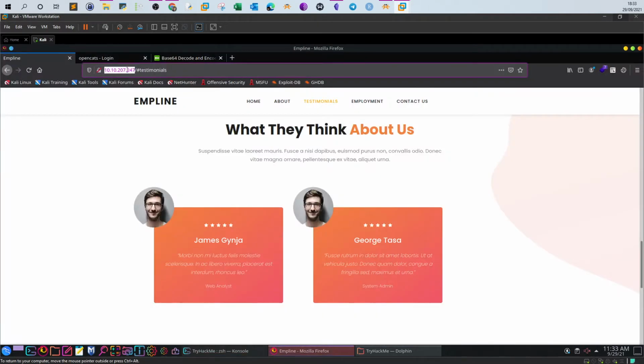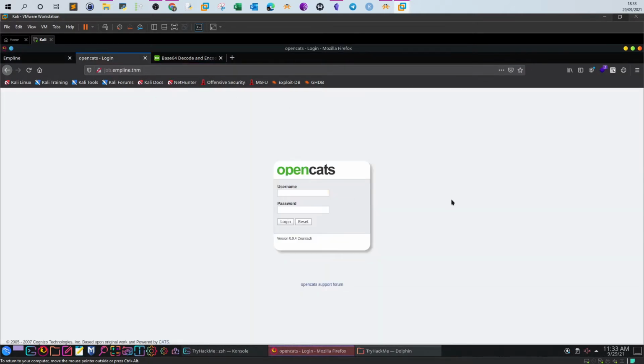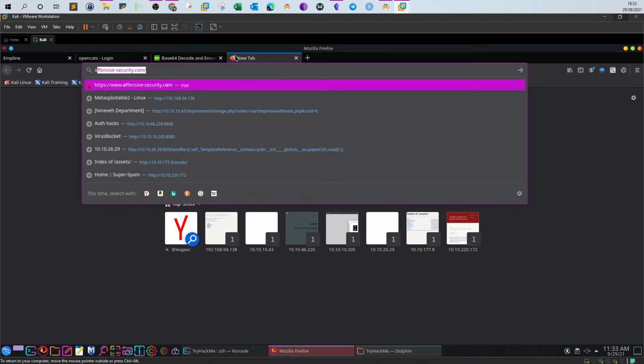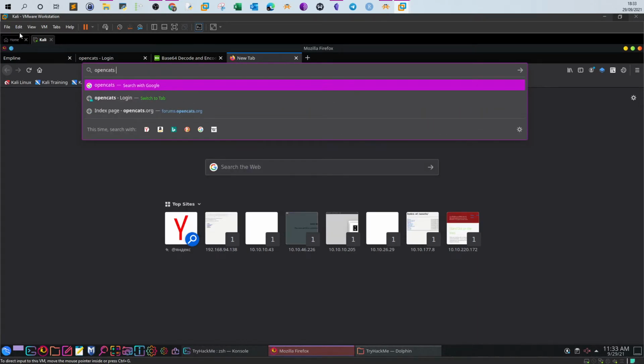Now if you go back and try to access that page, you see a login form. And we have the name of the software, OpenCATS, and the version of that software, 0.9.4. So when we know what software is being used, and we know the version, we can find out if there is an active exploit. So if we type OpenCATS exploit,